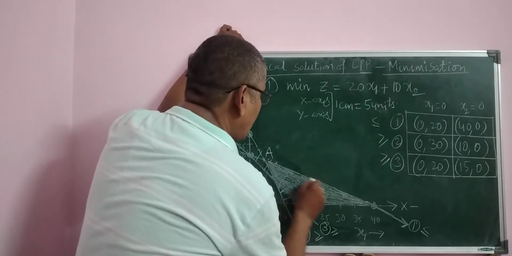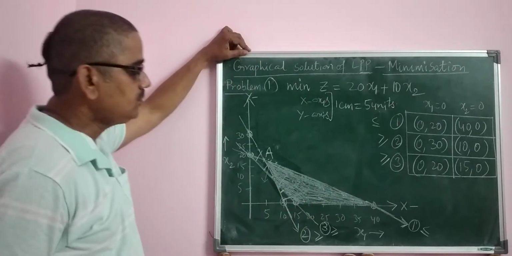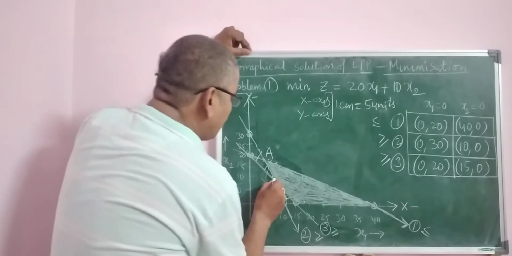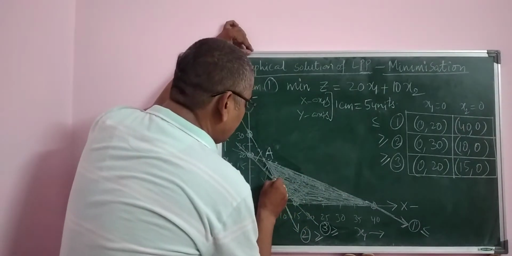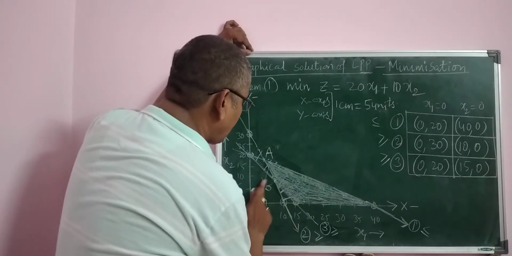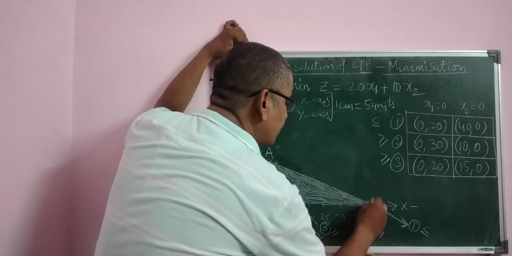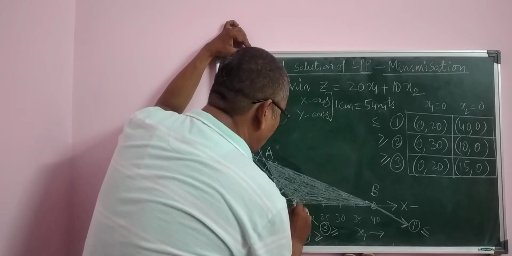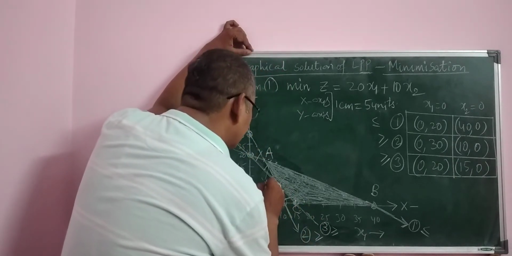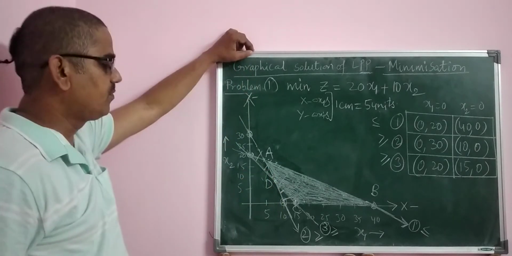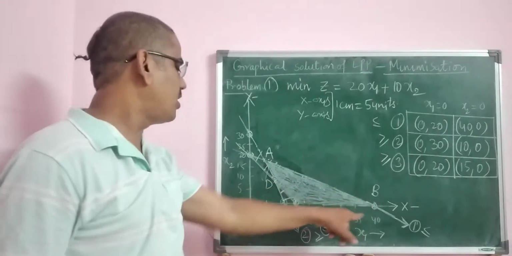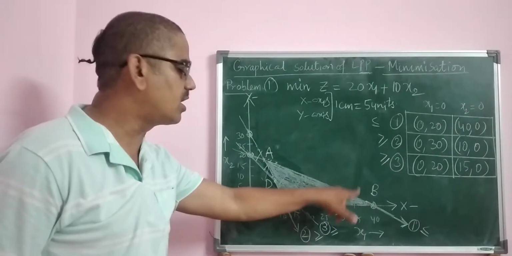Now this is the feasible region and I am finding the extreme points. This is what we can consider B, and this is C. Not a problem, you can go in any direction. This is D. A, B, C, D. I have taken the points in this direction, you can take them in the other direction.